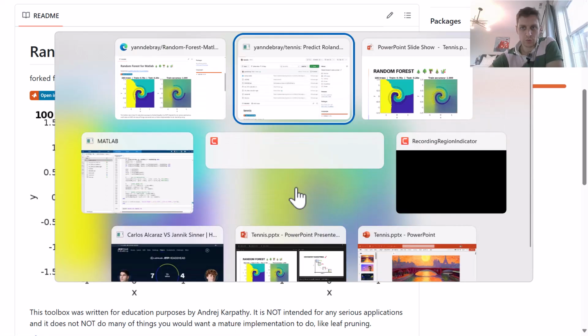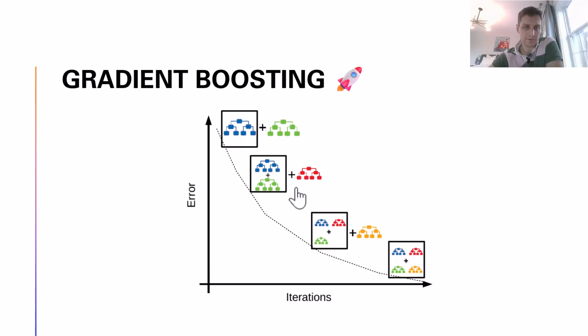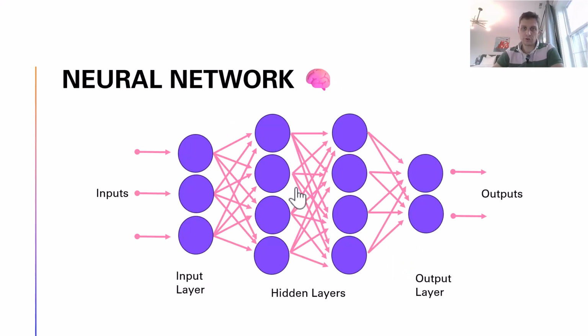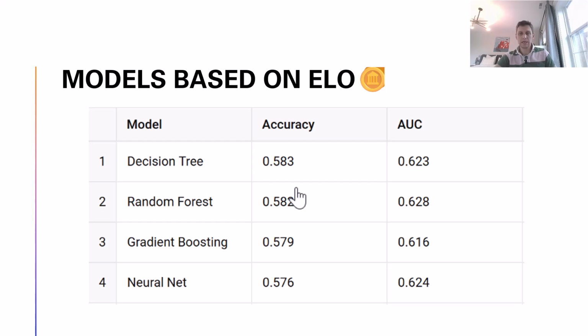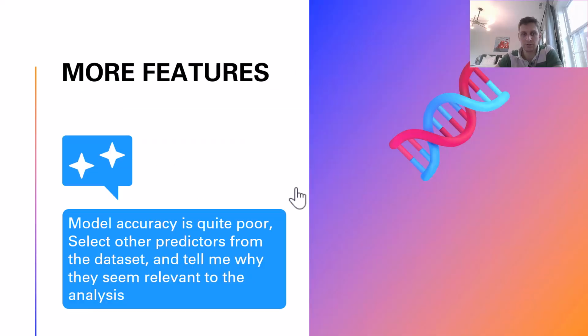Okay, so let's go back and see some of the conclusions. So gradient boosting and neural network, those are the different ones that we've used. And here, those are some of the accuracies that I've been able to secure. Those results were in Python, but as you can see, the results in MATLAB are approximately the same, sometimes a little better. The accuracy is around 58%, right? 58 to sometimes 60%. We've been able, as you can see, with MATLAB to get all the way to 62% with gradient boosting, which was actually quite good.